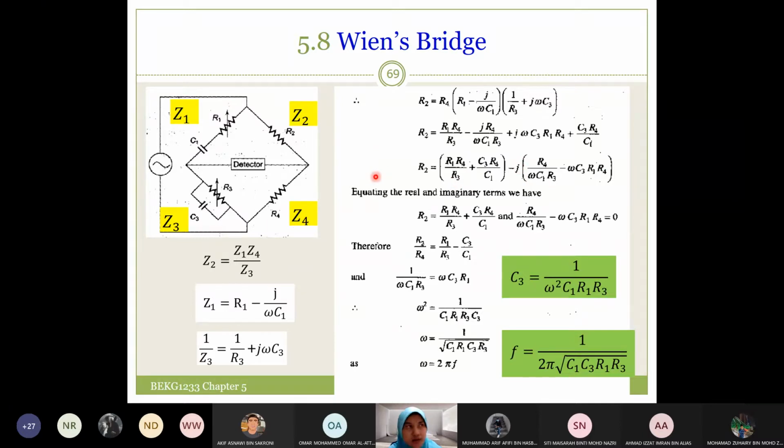At the left side the imaginary part is equal to 0, so all this term with minus j is equal to 0. And then R2 over R4, and you expand your equation until you get